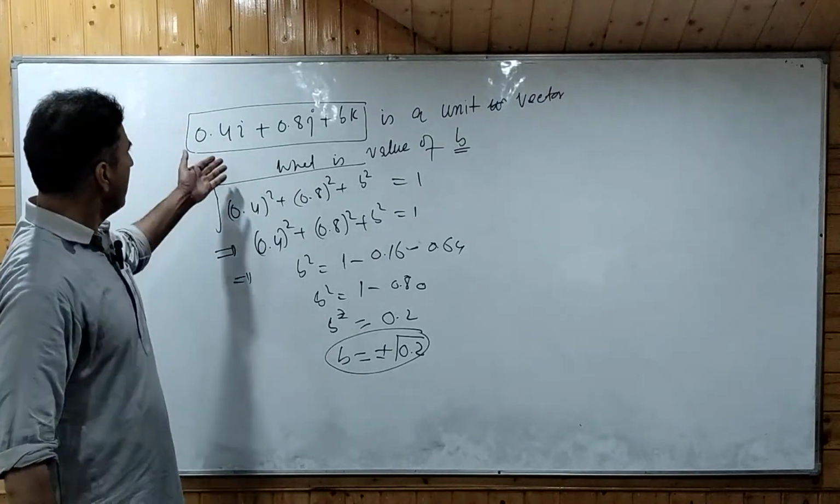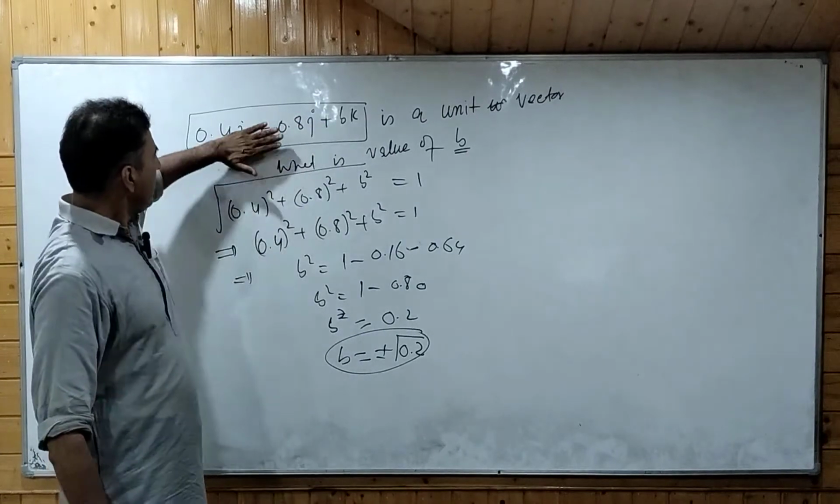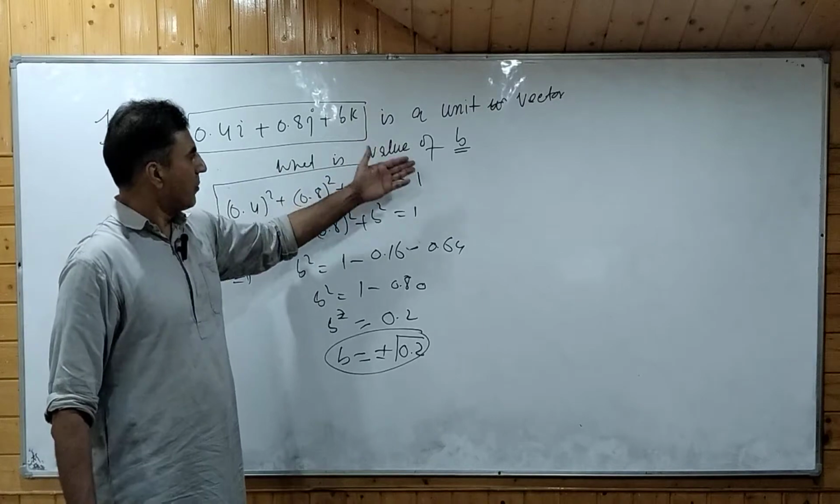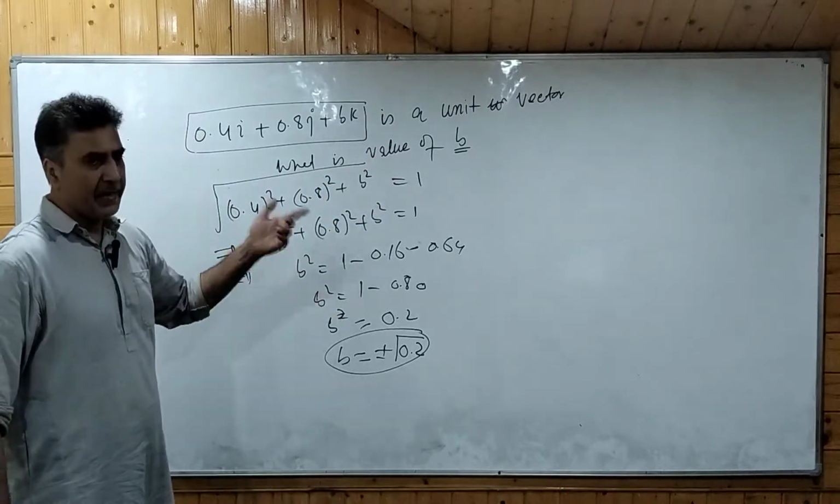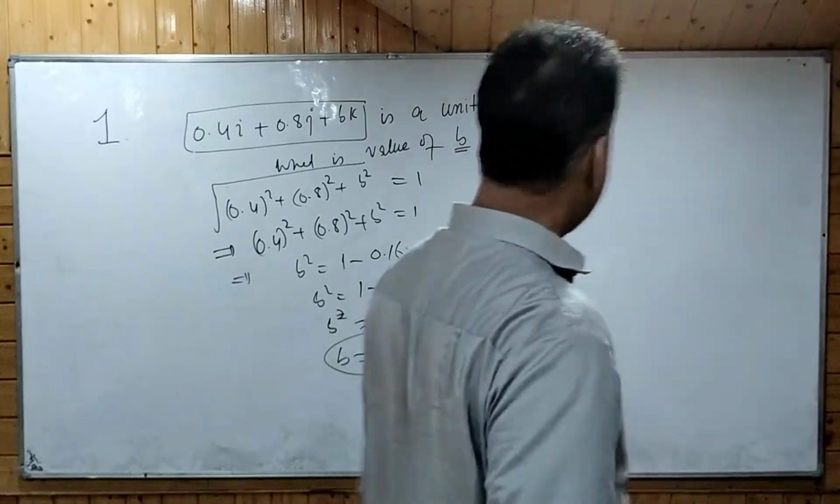So have a look. It is a unit vector given, and we are asked to find the value of b. You just take the magnitude of this vector, which is given to be 1, go through a few steps and get the answer. That's the first question. Second question